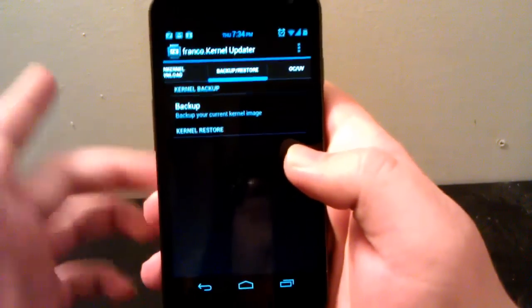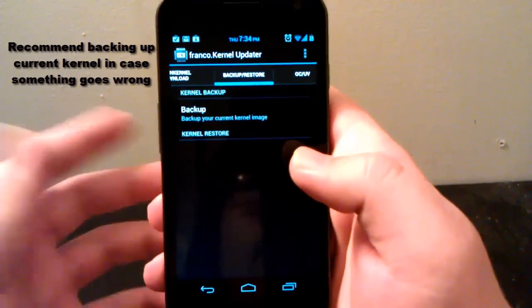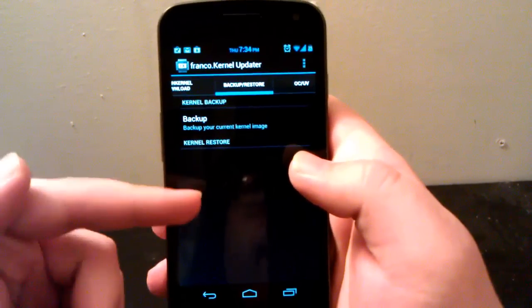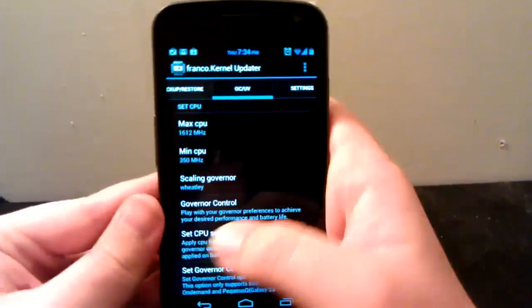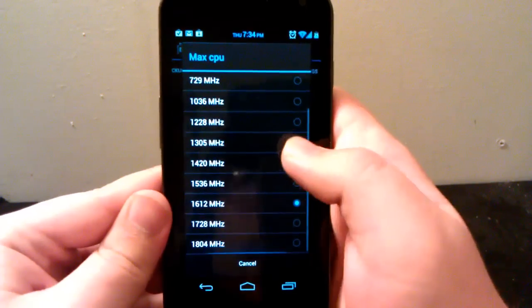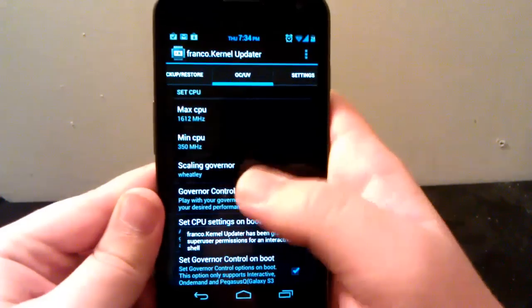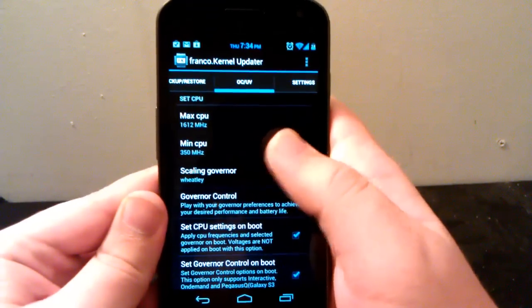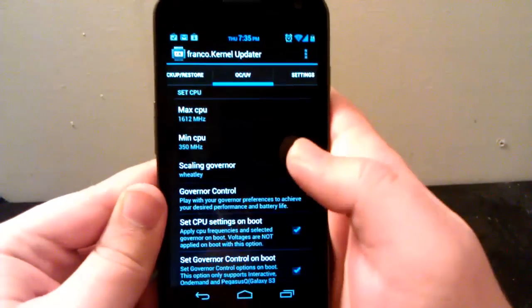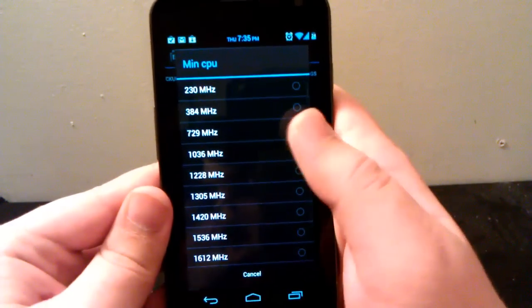There's also the backup, so if you want to try out this kernel but you don't know how it's going to act with your device, you can back up your current kernel, and then if you don't like the Franco kernel, you can just restore that kernel. This is where you can set the max CPU, which is 1804 or 1.8 gigahertz. I have mine at 1600, where it doesn't always run at 1600, but when it needs to, it kicks up to that, which helps a lot. The minimum CPU, I usually just leave as stock,